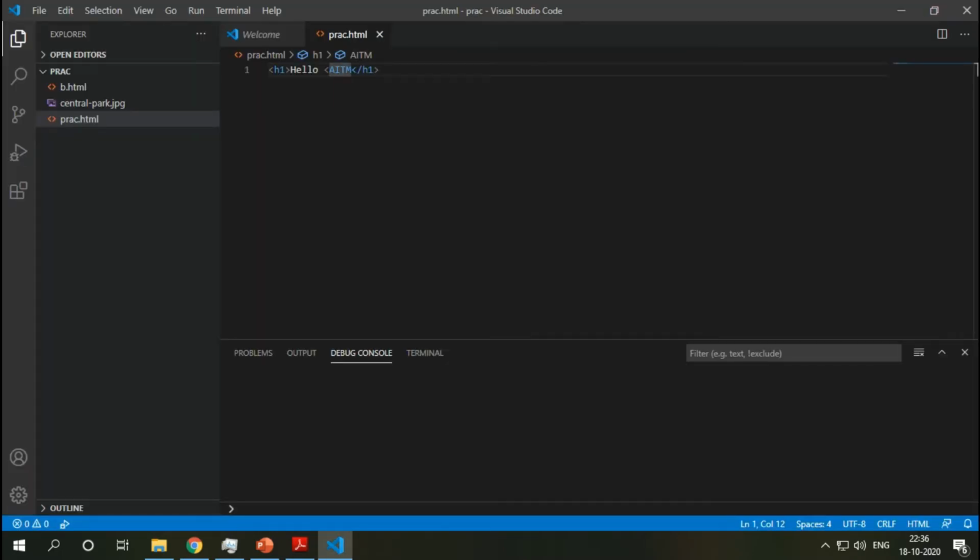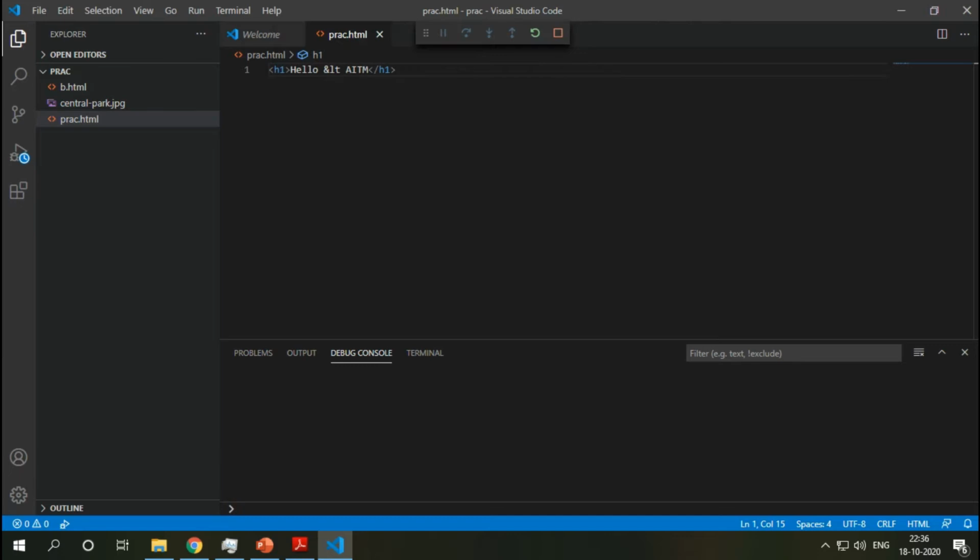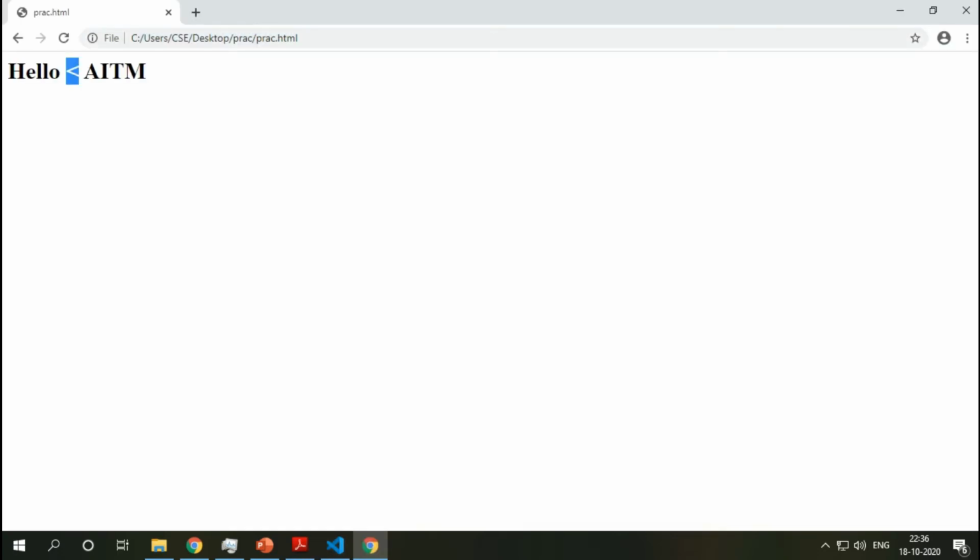So for less than, you need to use the character entity. Let me show you: without the semicolon, will it work? See, without the semicolon it also works.